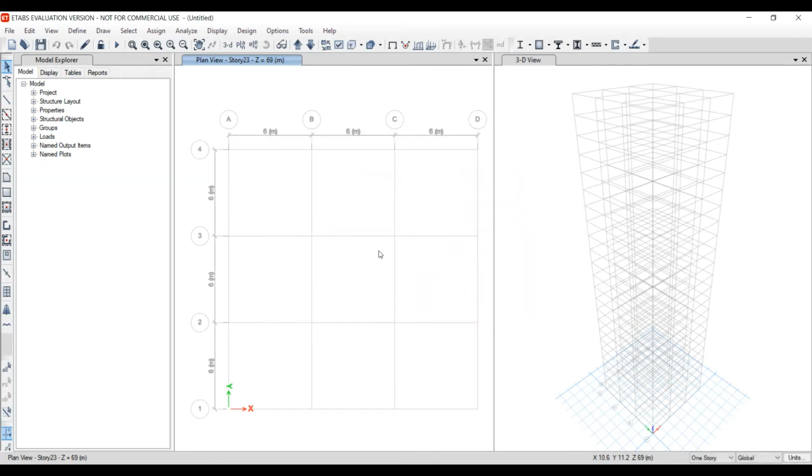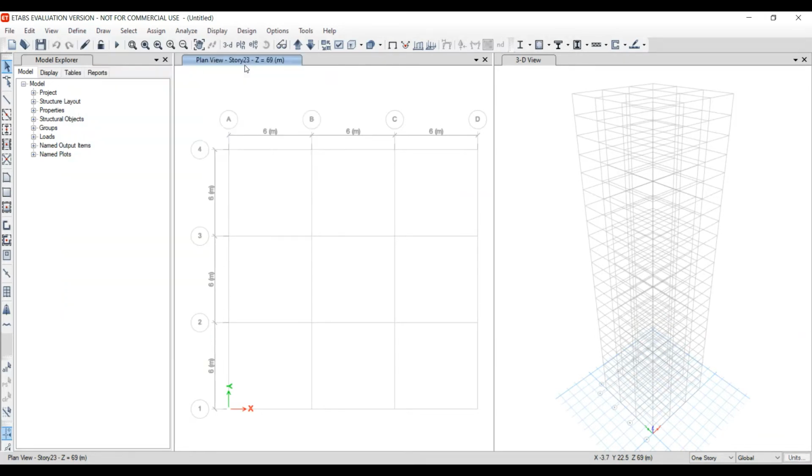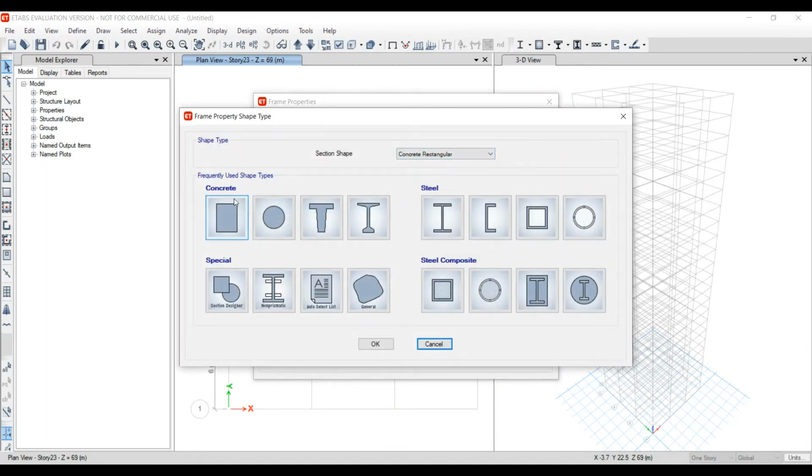Click OK. We have to define the dimensions of the column and beam and the concrete grade. So click on define, click on section properties, click on frame sections, then click on add new property. We are using concrete rectangular section, so click on concrete rectangular section.